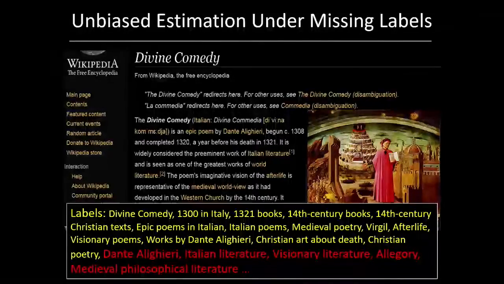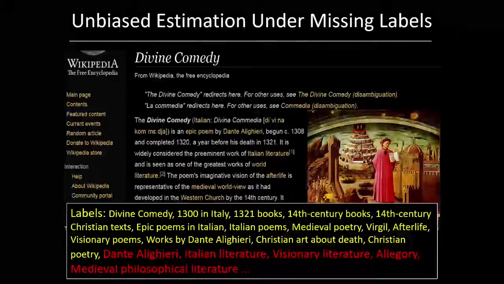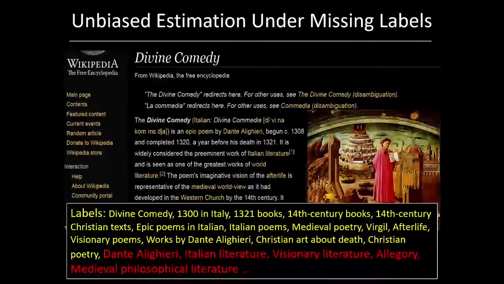So the paradigm in traditional supervised learning is to take a data point, give it to some human experts, and have them annotate it, and now you're ready to do training and testing, right? But this technique simply doesn't work in the extreme setting, because no human being can go through a list of 1 million labels and mark out the exact relevant subset. And so irrelevant, missing labels will abound, right?